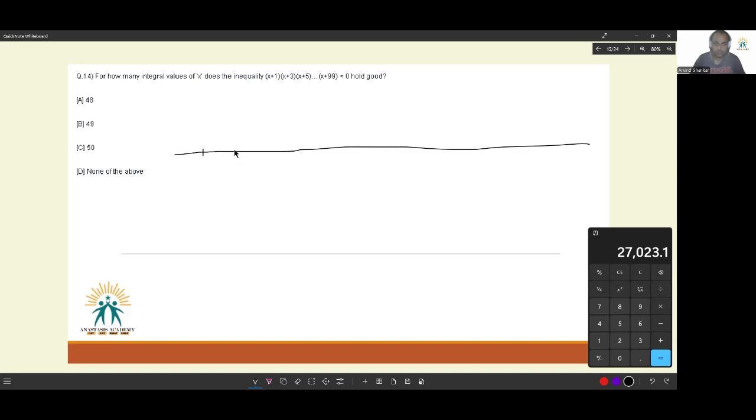Which means 1, 3, 5, 7, 9, 11, 13, 15, 17, 19, 21, so on and so forth up until 99. I'm saying because these are 50 brackets, if I take a value of x less than 1,